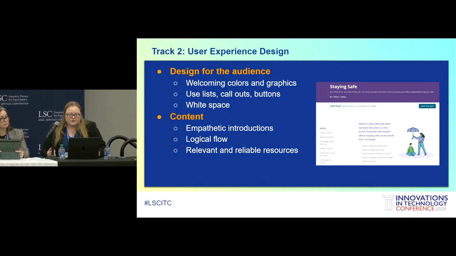So one thing we start out with on all of our pages is an empathetic statement, and then one or two sentences just following up on what the content contains. And then trying to make sure that there's a logical flow to the content as well.